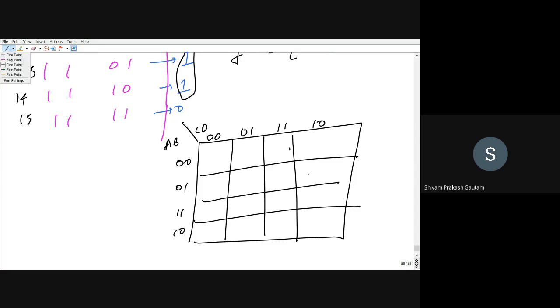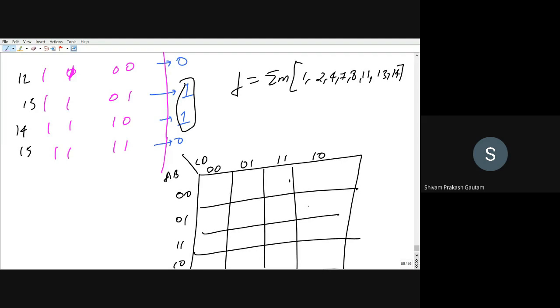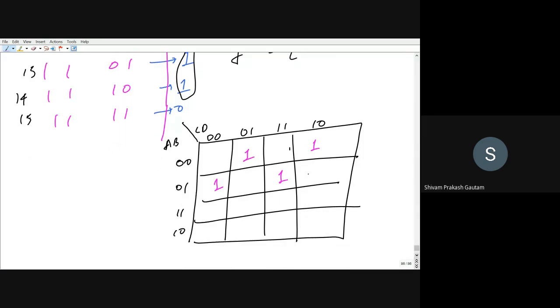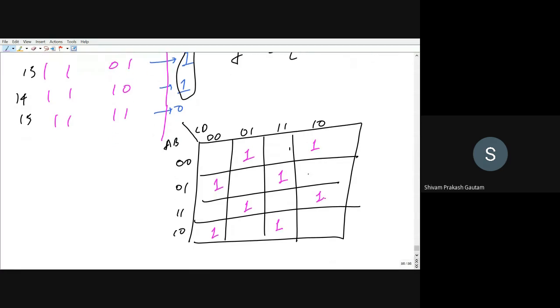Fill the table using the min terms that we have got. So it is 1, 2, 4, 7, 8, 11, 13, 14. So this is the K-map that we have got.